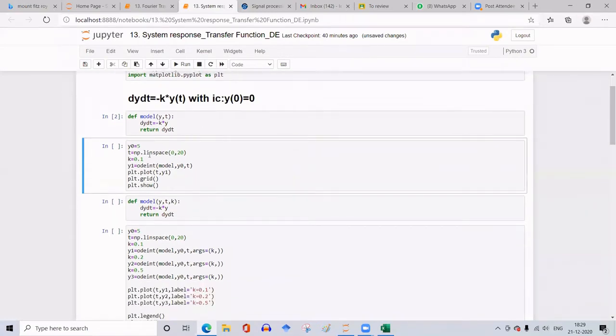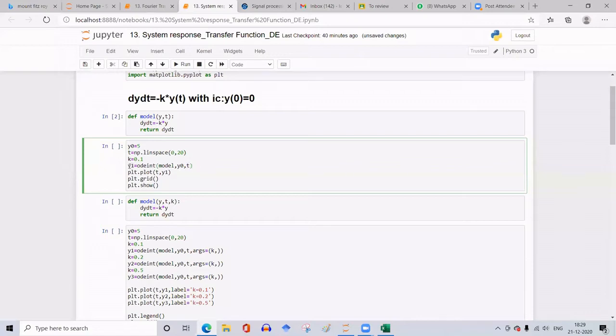Next, I'll call this function using the odeint. I'll call the output y1. And odeint's argument is the model that we defined as a function here. Then initial conditions, this y0 represents the initial conditions, and the independent variable t.